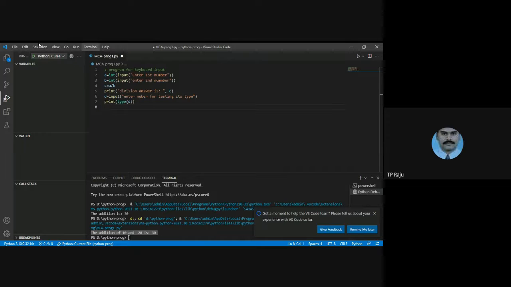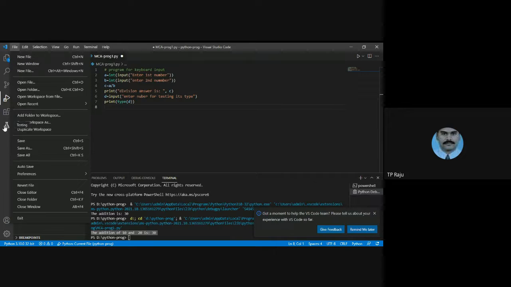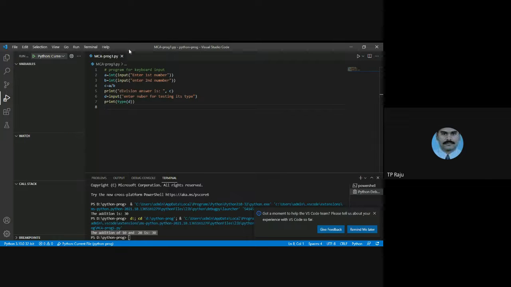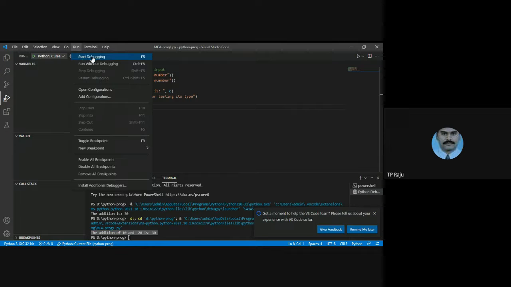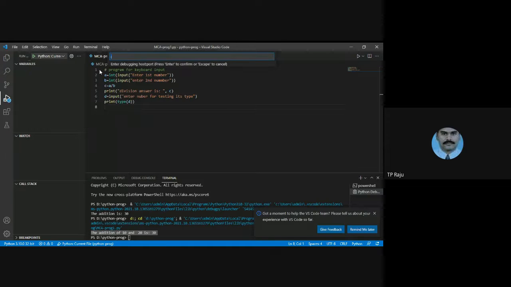Let us see how this program works. I go to file and click the save button. Then I go to the run menu and click start debugging. Click the enter key.